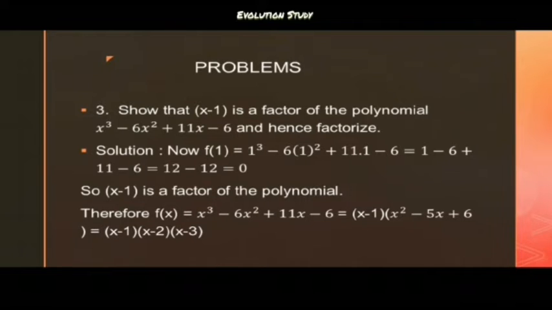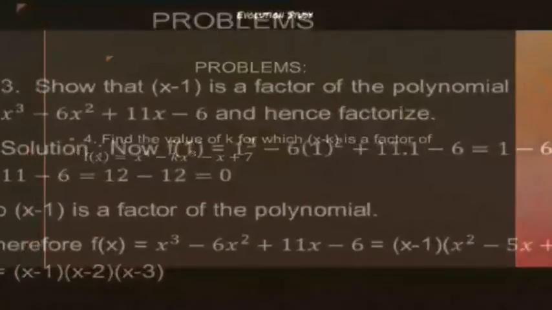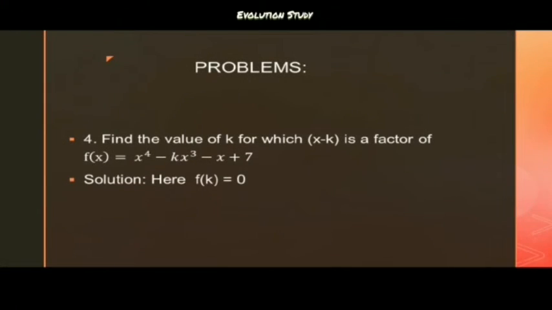So x minus 1 is a factor of the polynomial. Therefore f(x) = x cubed minus 6x squared plus 11x minus 6 = (x minus 1)(x squared minus 5x plus 6) = (x minus 1)(x minus 2)(x minus 3). Another problem says: find the value of k for which x minus k is a factor of